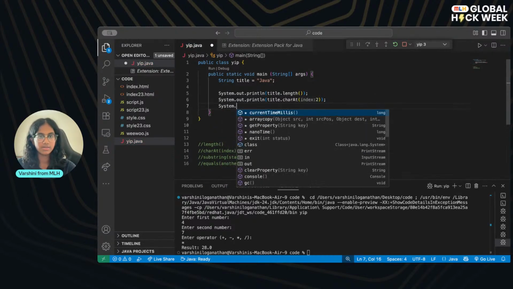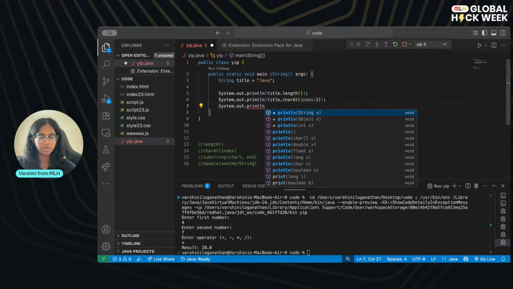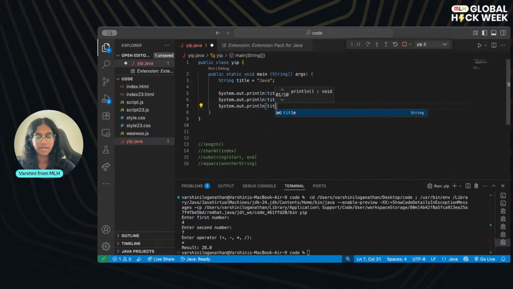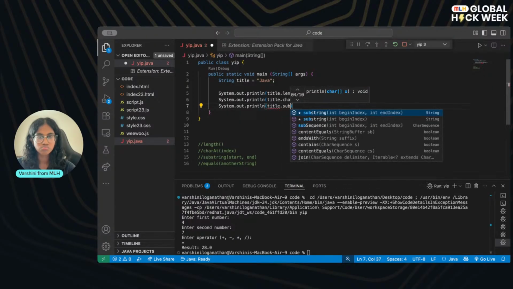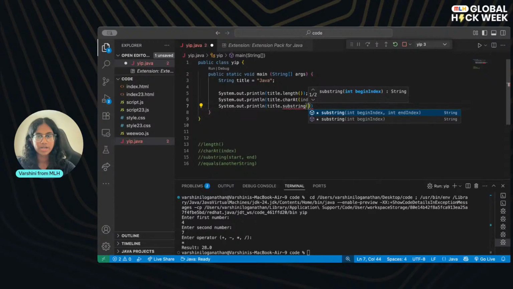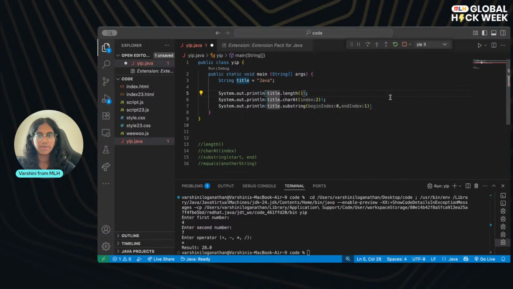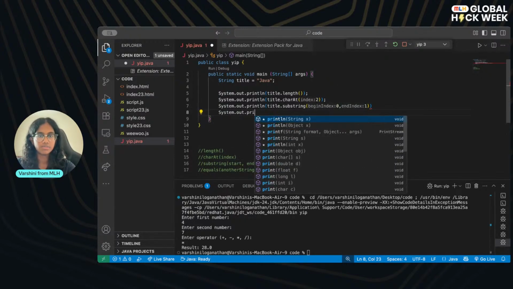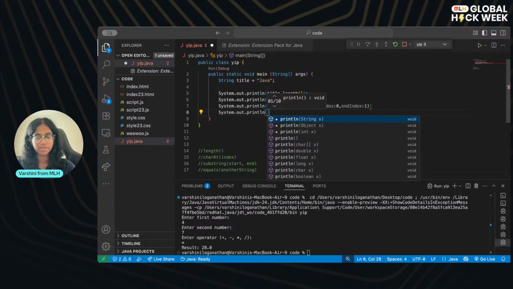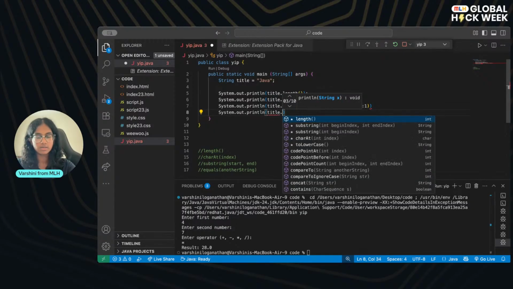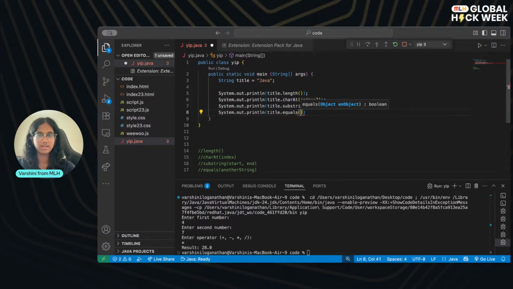Then the same thing for the next method: title.substring, and maybe I just want the first 2, so I'm going to do 0 to 1. I just want T and I, like T for a shirt. Then System.out.println with title.equals, and again I'm just going to use Java, so it should return true.